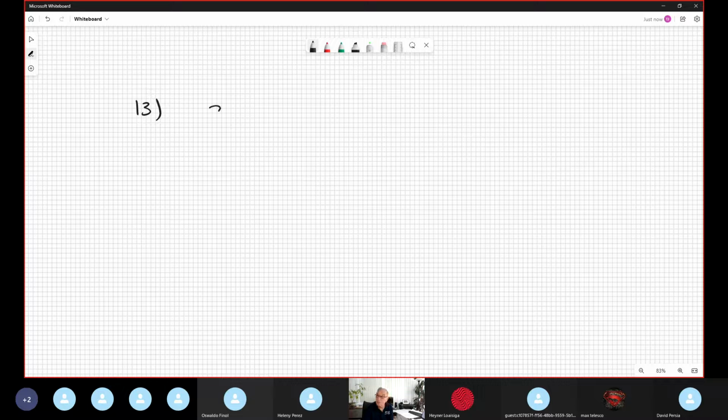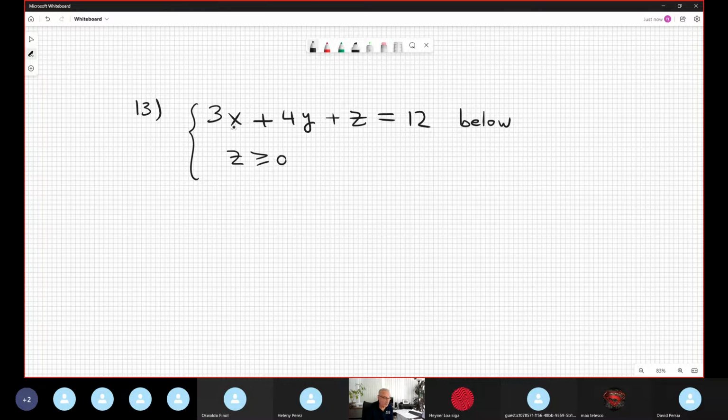Question 13 says 3x plus 4y plus c equal 12. The question says compute the volume below this, which is a plane, no? The volume is below the plane and above, with c positive only, and it's bounded by the region